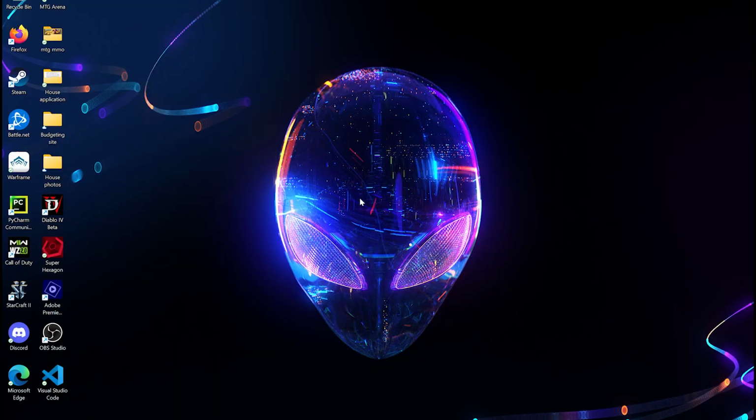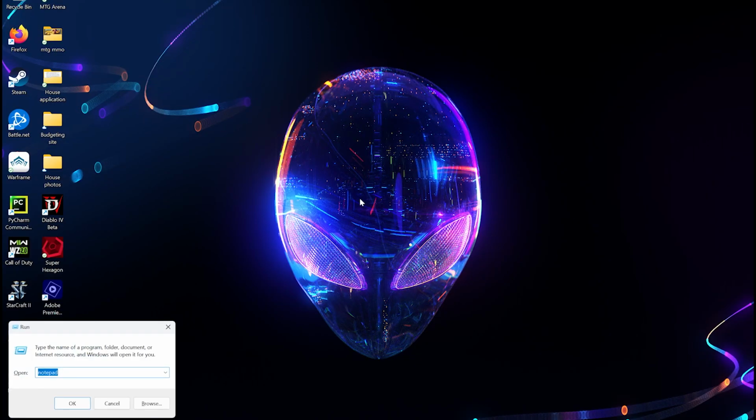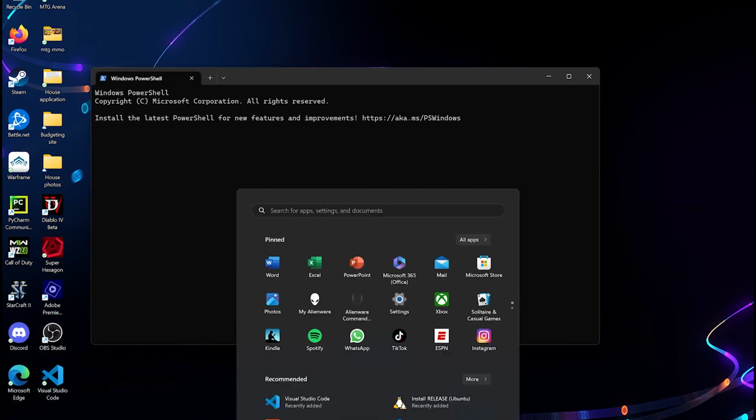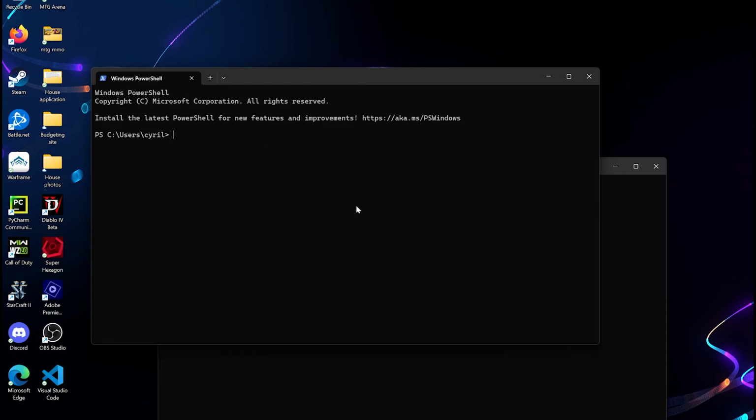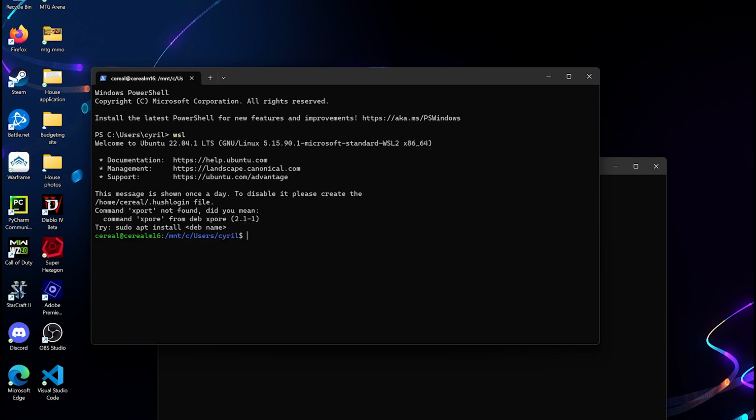First, we're going to open PowerShell. I personally like to do Windows R command. You could also find it this way. Next, we're going to install WSL. I already have it running, but you may not have it installed. So the way to install it is